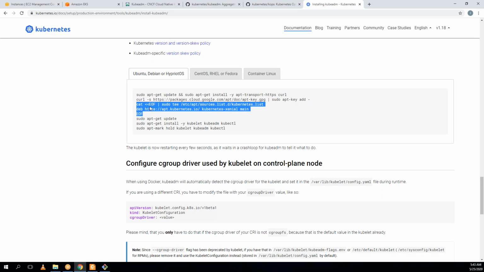By using this command, we are trying to create a file in this directory, sources.list.d. This is one of the directories available. And over there, we are trying to create a file, kubernetes.list. The content of this file is going to be deb and this URL. Okay. So this is what we are doing here. And now we can copy the whole stuff and it is going to create